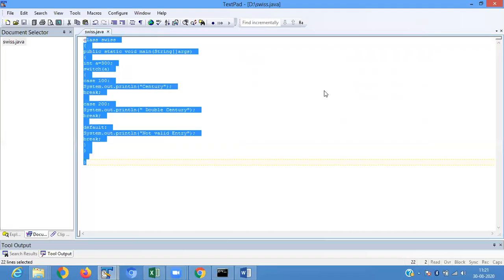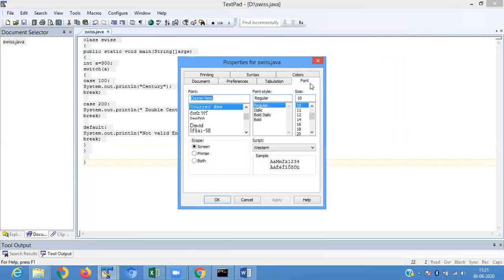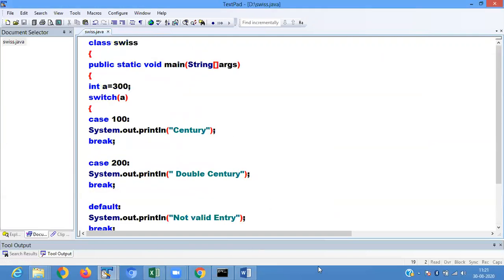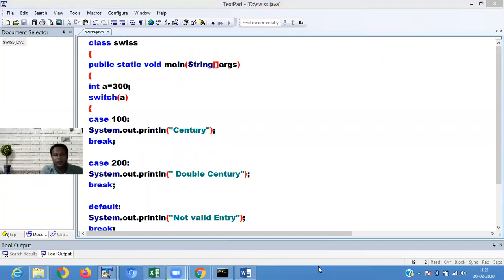In this program, we are defining a variable int a equals 300. In the class switch, we are defining int a equals 300. Then switch a.